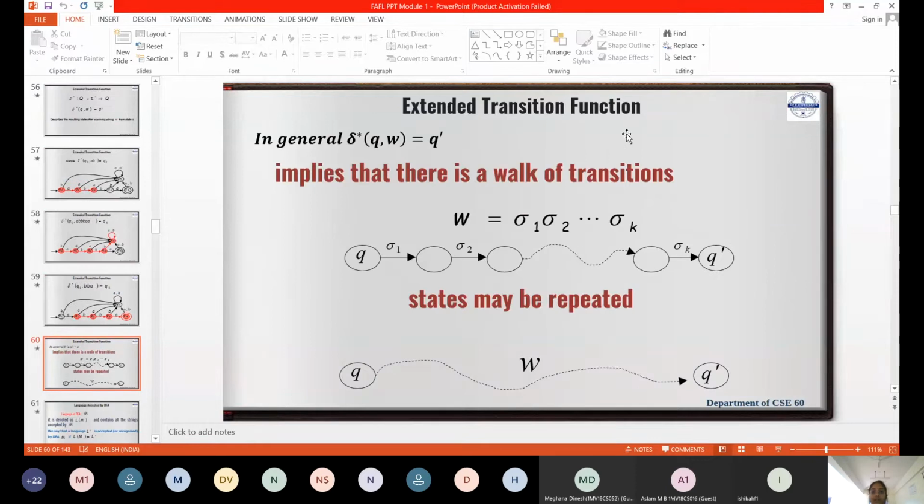Okay, so whatever I told, they have given in pictorial representation. You see that delta star means what? Extended transition function, where I am applying the complete string over my initial state. It will go to the final state called Q dash, where a string is a combination of a sequence of input characters: sigma 1, sigma 2 to sigma k. So I have started my journey from Q and then I will end up with Q dash. I think you understood this. Whatever I have spoken as of now has been given in pictorial way.